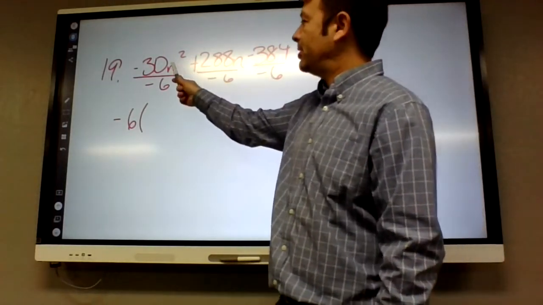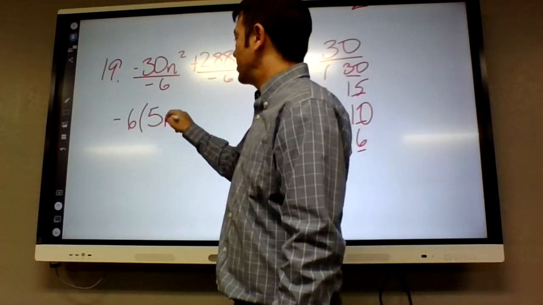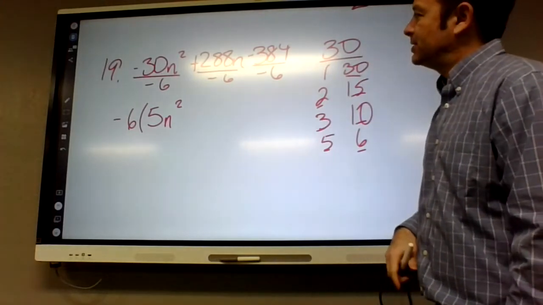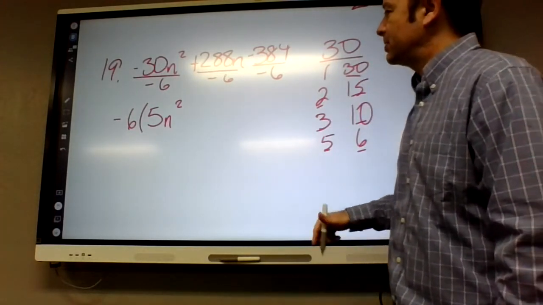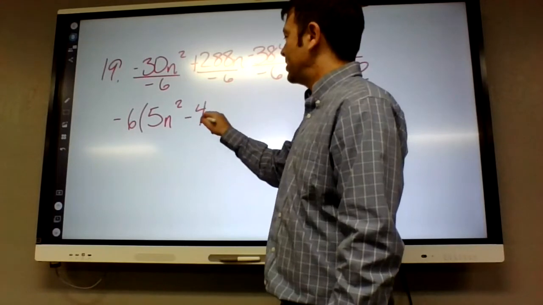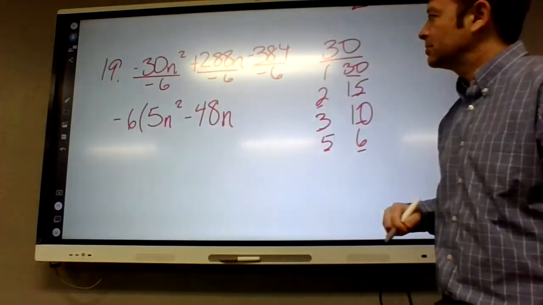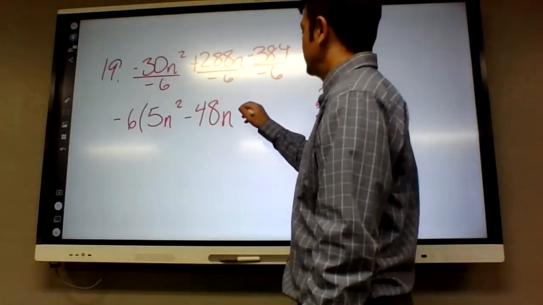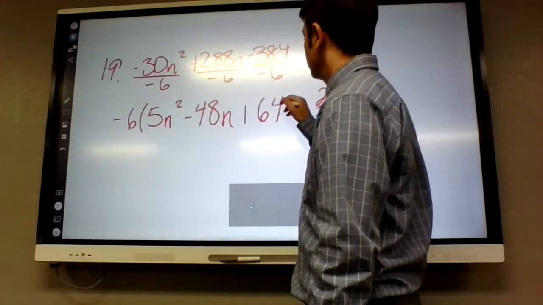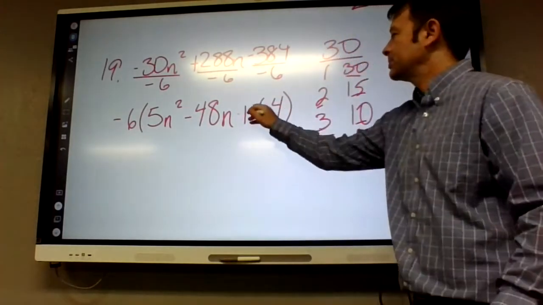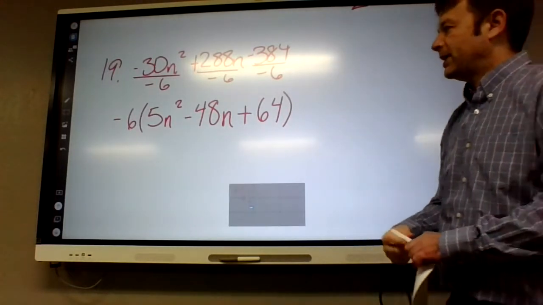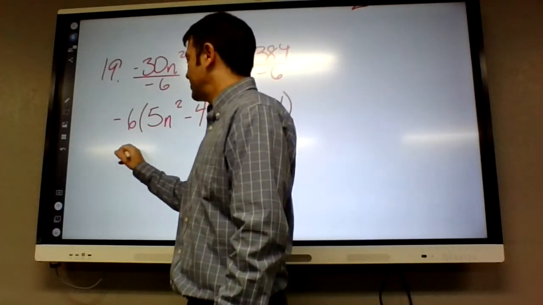So the first term becomes 5n squared. 288 divided by 6 is 48, but it's going to be a negative 48 now, n. 384 divided by 6 is 64, positive 64. Okay. After we took something out, you guys remember doing this yesterday,